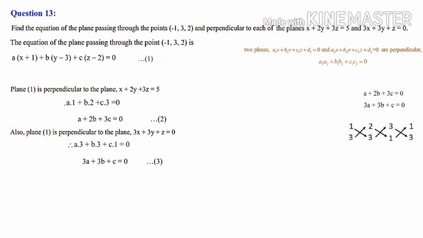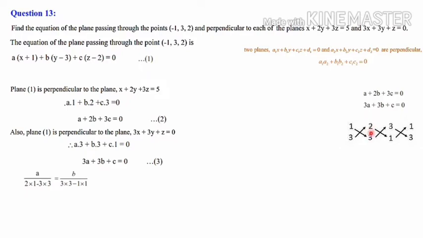Here when you use cross multiplication, first write the coefficient of A, that is 1 and 3, 2 and 3 coefficient of B, and the coefficient of C is 3 and 1. And again you repeat the first one, that is coefficient of A, 1 and 3 we have written. Then we have to go for cross multiplication, writing the ratio. First one variable is A divided by, this one we have to eliminate. Then 2 into 1 minus 3 into 3. So written here equal to B divided by second variable, B divided by 3 into 3.